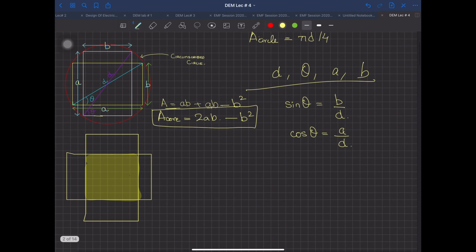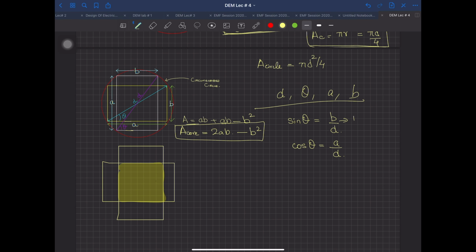So you are getting actually two equations from this. One is B is equal to D sine theta, and this one is A is equal to D cos theta. So you have two equations now, and they both are equally acceptable for the second also. It won't be reversed, the dimensions are the same.